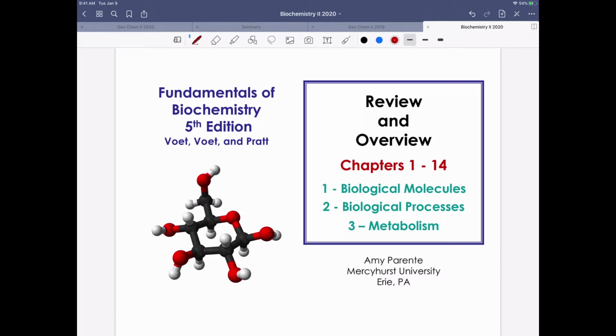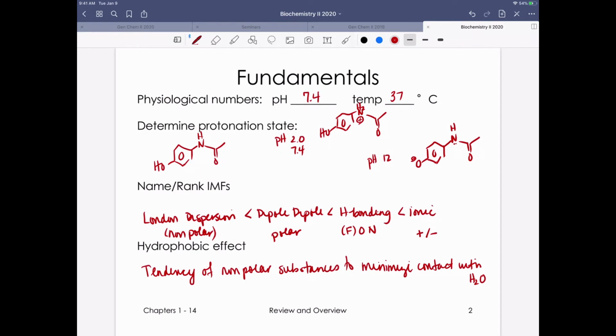So the start of Biochem 2 really was a one-day sort of preliminary learning unit reviewing and overviewing concepts from Biochem 1 that we needed to know to move forward with Biochem 2. And so we kind of focus on biological molecules, biological processes, and then thinking about metabolism. So we had a pretty detailed worksheet that you guys worked through with me, which is the same content that's here, but I just wanted to take a minute and we could go through and kind of highlight what some